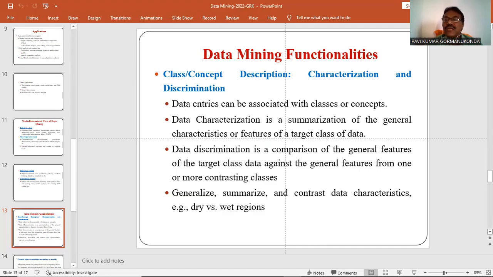For example, take sales data analysis. In a sales database, a number of items are there. For example, a computer shop consists of computers, printers, and various classes of items.